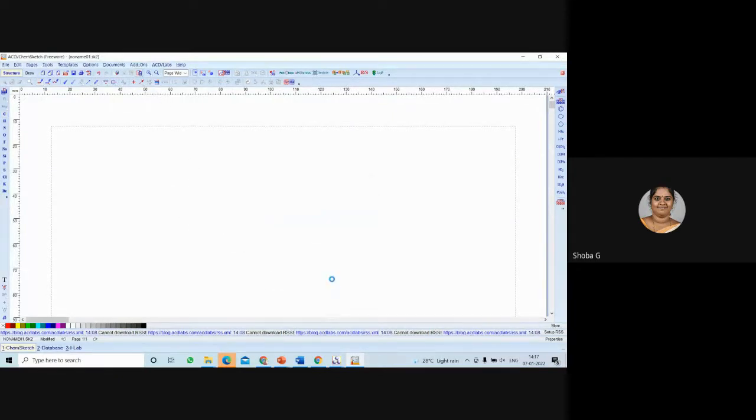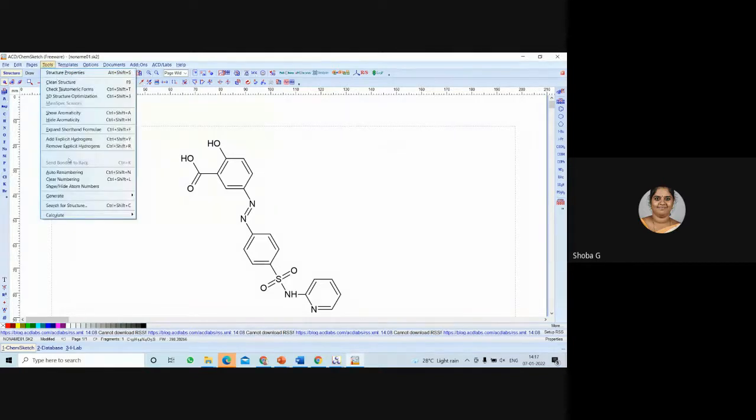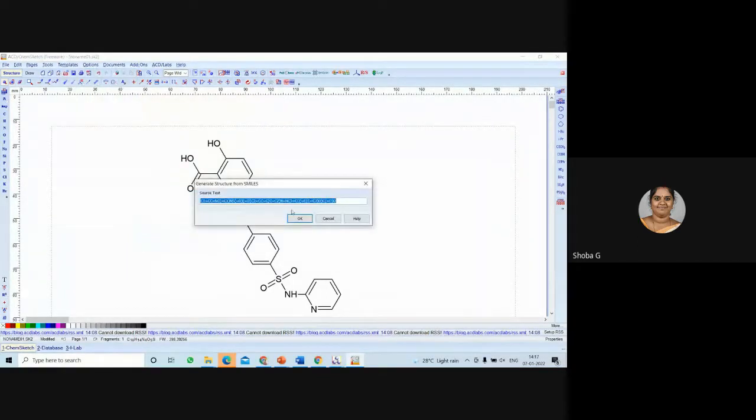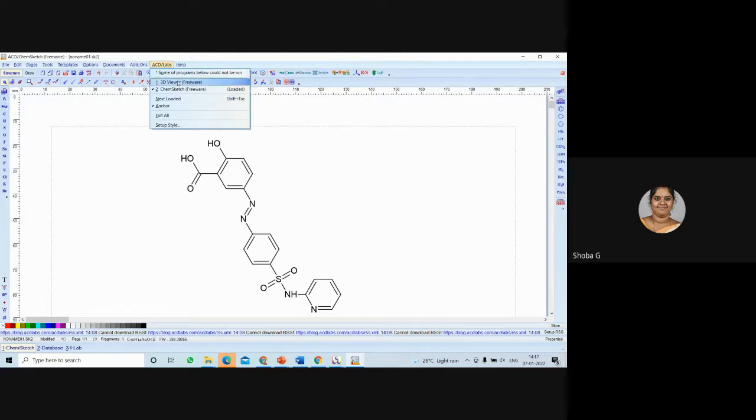It will paste it over here. The actual structure will come over here. Am I clear? This is an easy option where you can use the SMILES and bring your structure over here. Tools, Generate Structure from SMILES, paste the SMILES over here, click OK and paste it over here, and you will get the structure. Once you're done with this, you can go for the 3D option, ACD Labs, 3D Viewer,